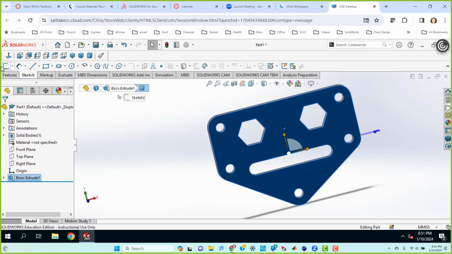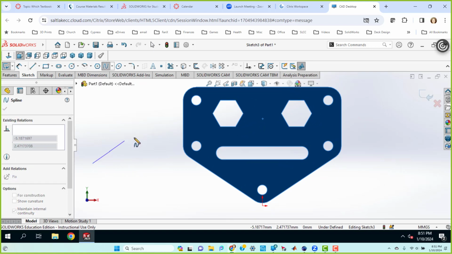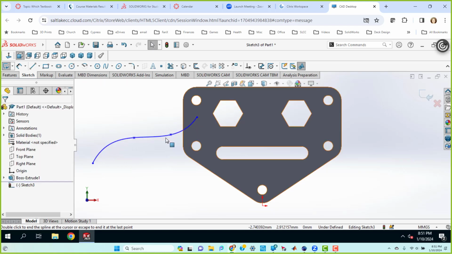So if we just come on here and do a sketch on that surface, the spline is this curvy line right here. And you just make it look somewhat like what the picture in the book is. And that's pretty close to what it is. So that's on the wall bracket. If you're not exactly the same as what's in the book, I'm not going to mark it wrong. And this one, if you want, you can make that fully defined, but I won't force you because it could be obnoxious. You've got to do a lot of dimensioning to get splines